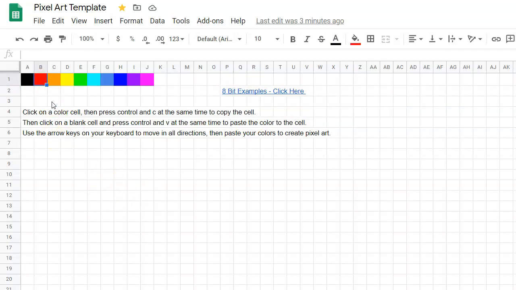On your keyboard, you need to press Control-C in order to copy the color, and you'll see it have a dashed line around the color once it is copied. Then you'll click on a blank cell and you need to paste. You'll press Control-V. So Control-V will put the color in that cell, and then you'll use either your mouse to